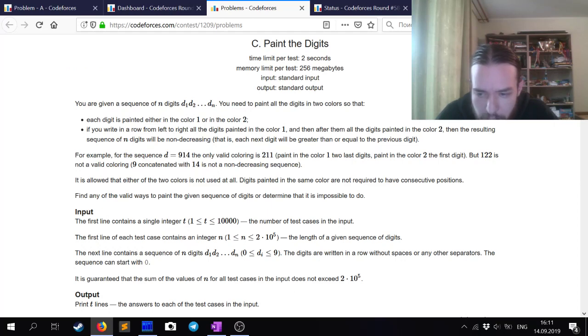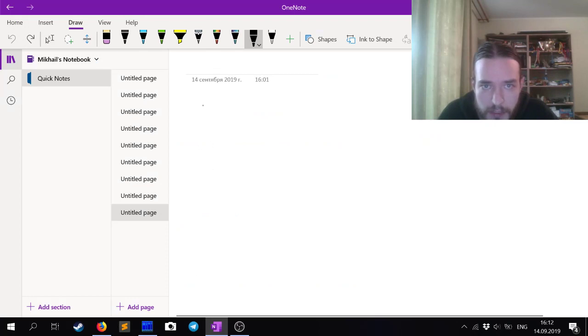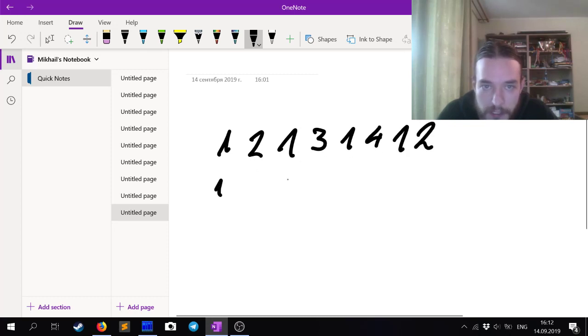So basically that means that we are painting all the small digits in the color of 1, and yeah, so basically what's going on is, if we have a situation like that, whatever, we could paint all of these in color 1, then some number